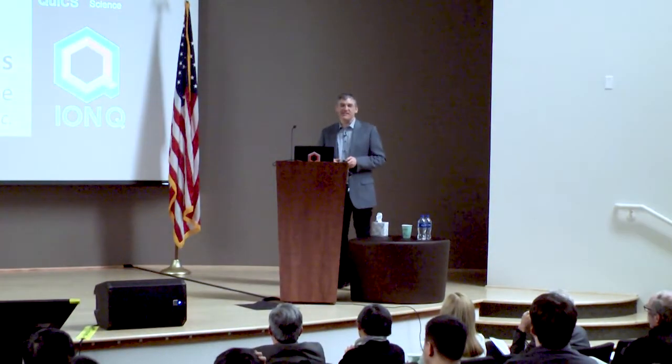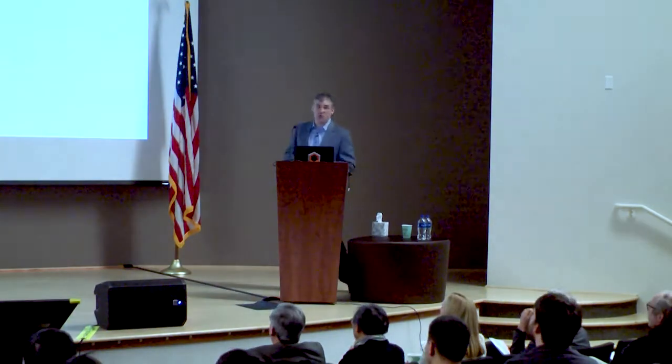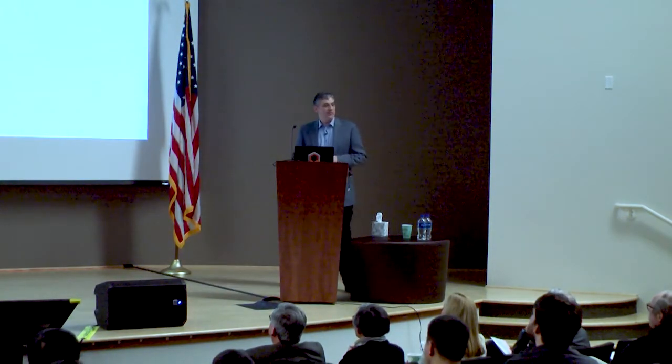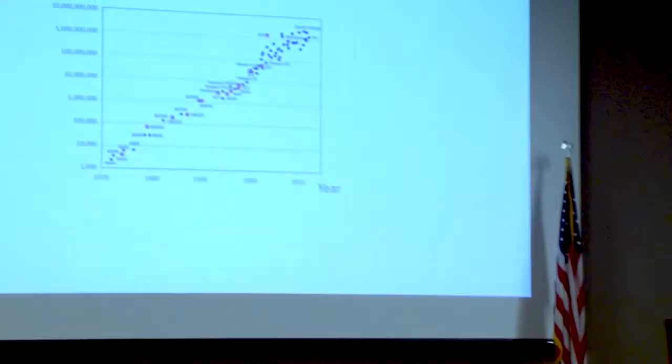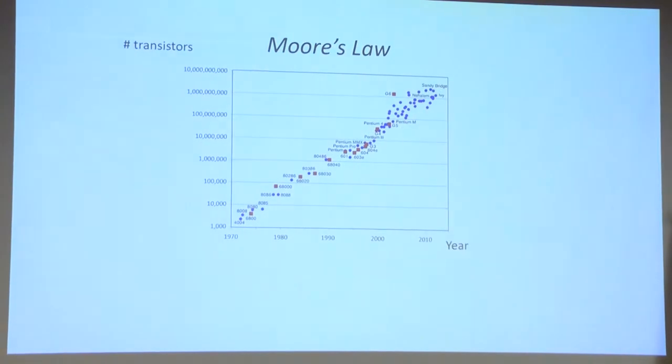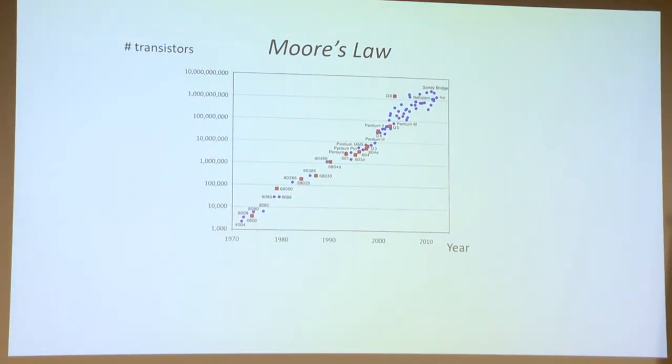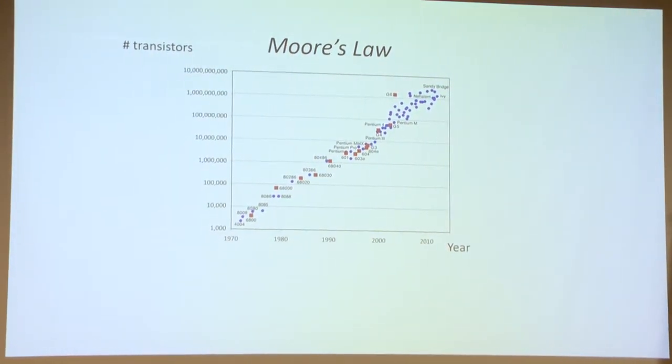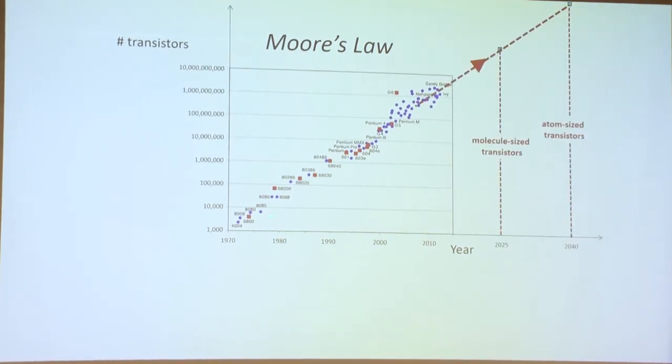The first piece, which I think is a little overstated, is that Moore's law is ending. Well, a certain aspect of it certainly is ending, and that is that the number of transistors that are packed on a processor cannot continue along this exponential path simply because they're getting too small. And if we fast forward a few decades, according to this exponential law, and these are the number of transistors on popular chipsets over the last few decades, we'll find in 20 years or so that the individual transistors are the size of atoms. And at that point, there is no more miniaturization.